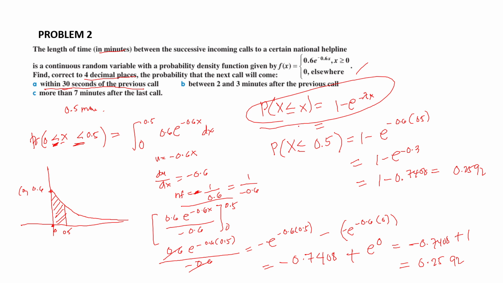Next is between 2 and 3 minutes of the previous call. So 2 and 3 minutes of the previous call. So this is letter B. So 2. So P(2